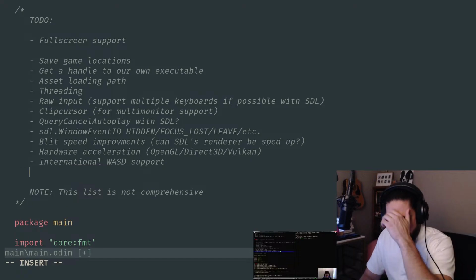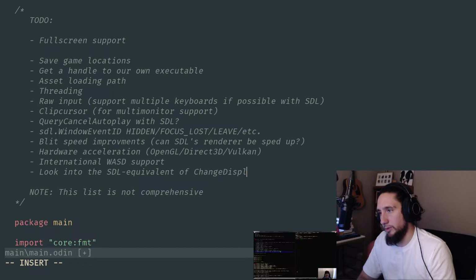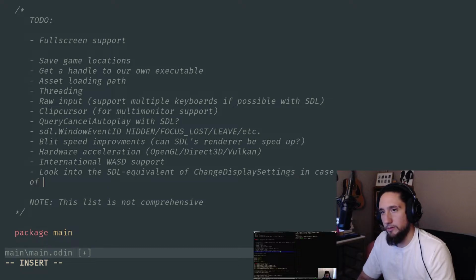to that toggle full screen proc. I decided to just go ahead and pull that out. But for our purposes, we want to look into the SDL equivalent of change display settings, in case of slow full screen blit or any other reason we might